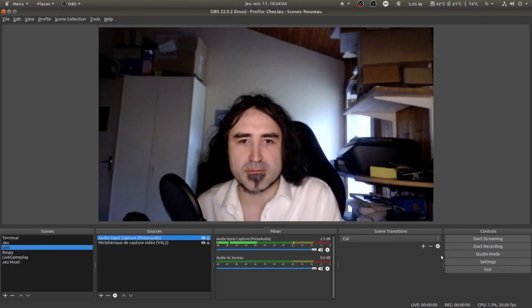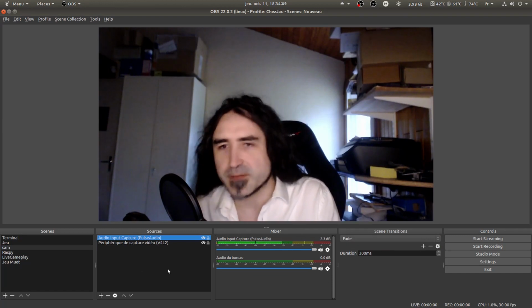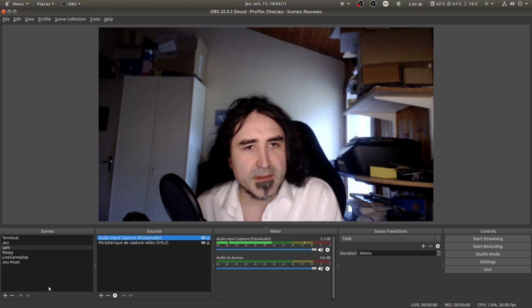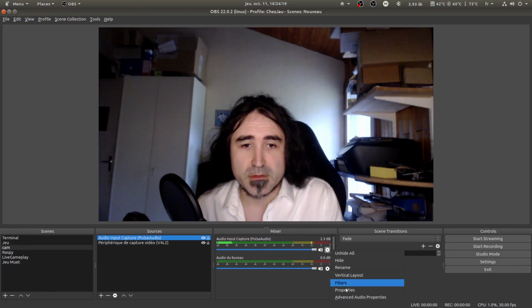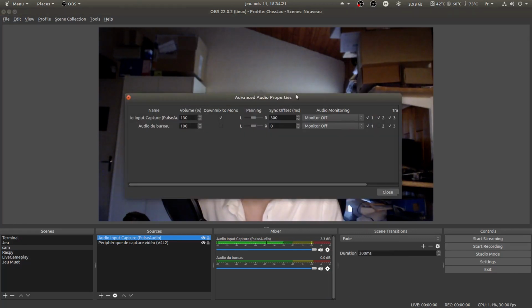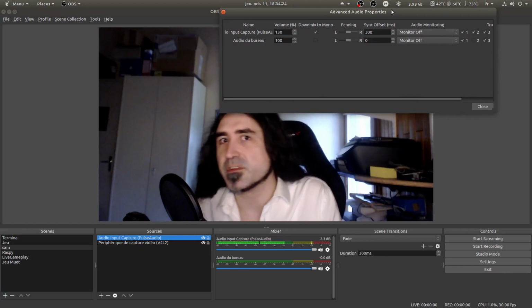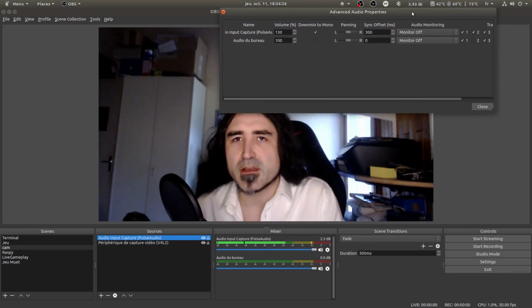See? Just switches without fading or anything. Or you have the fading, you can choose the duration as you want. Here you can see you can add some parameters, very simple, but microphone mono,